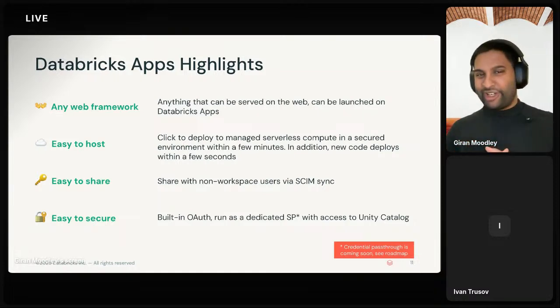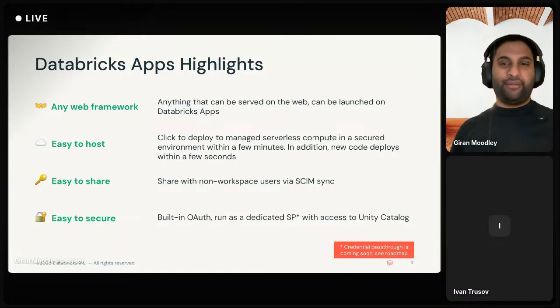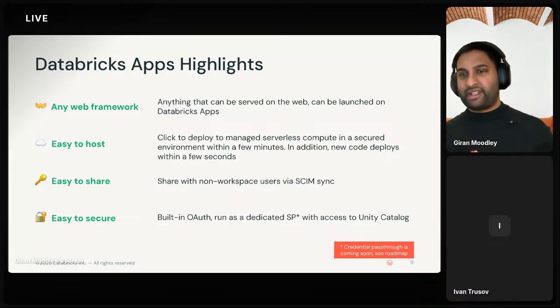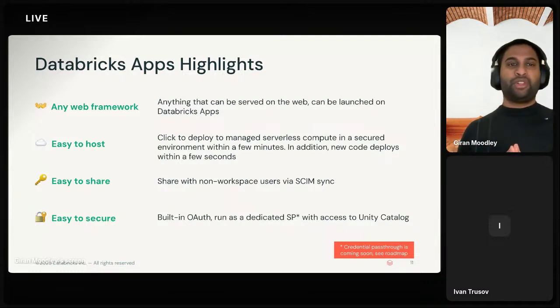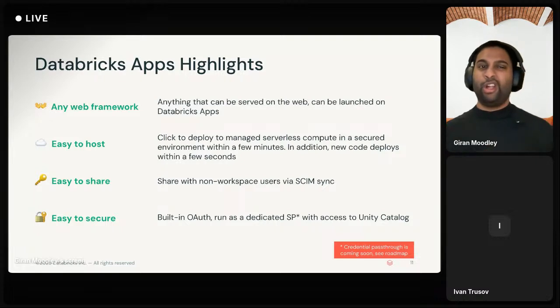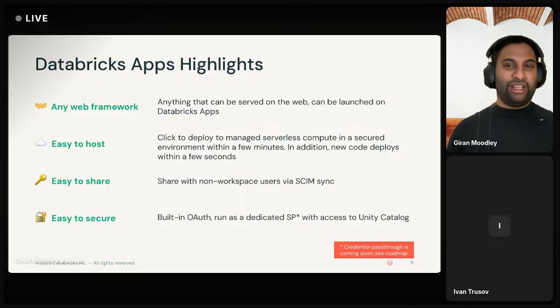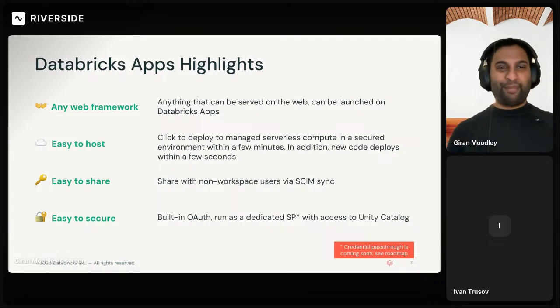Using our serverless architecture, deploying an app has never been easier. It takes a few minutes to provision capacity, and deployments and hot reloads are even quicker, within a few seconds. Long gone are the days where you need to make a cup of coffee and come back to see the result in the classical world of working with Databricks.